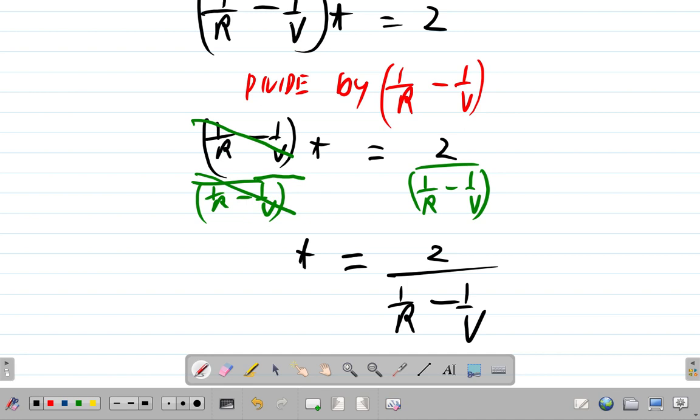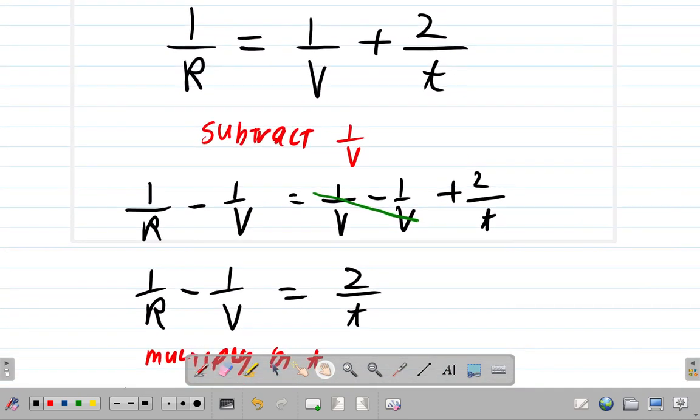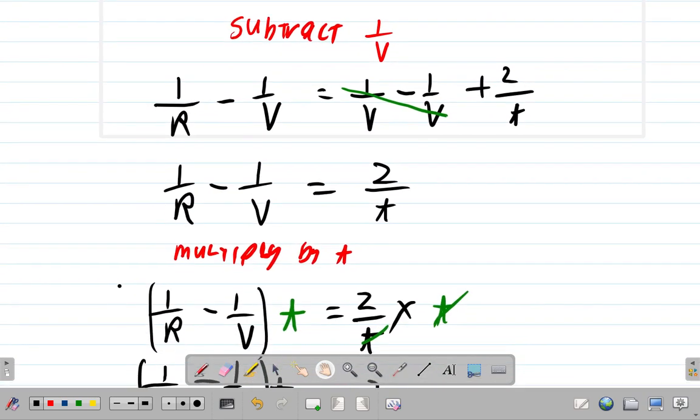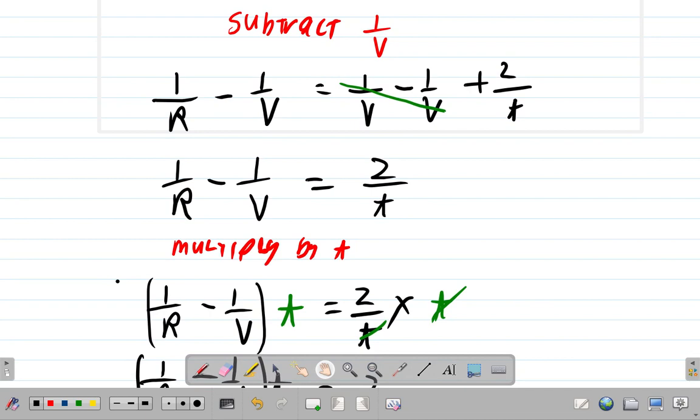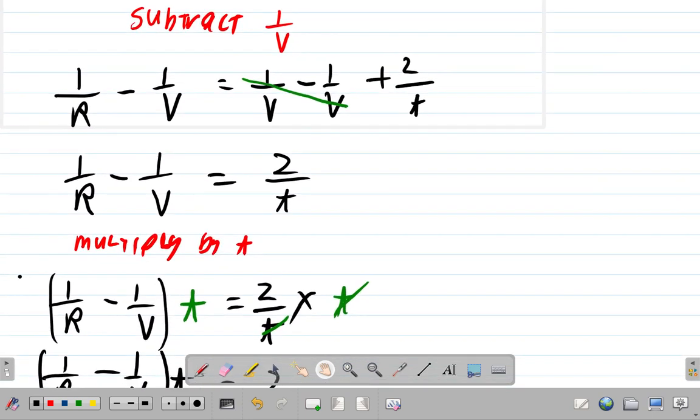Now that is one way of writing it, but let's look at another way how we could do it. Suppose you decided to subtract 1 over V and you reach this point, right? At this point, another way you could do it is this. If you have 1 divided by R minus 1 divided by V and you want to write it as one big fraction,